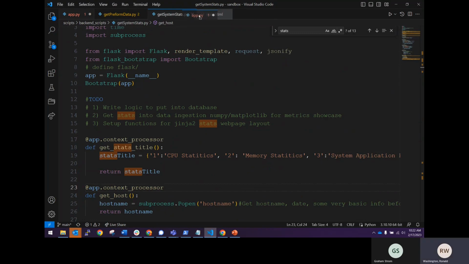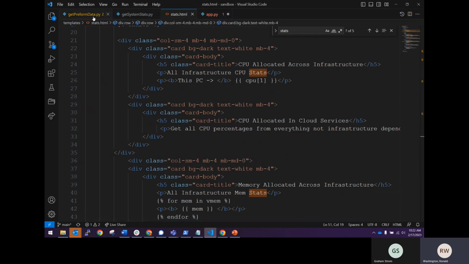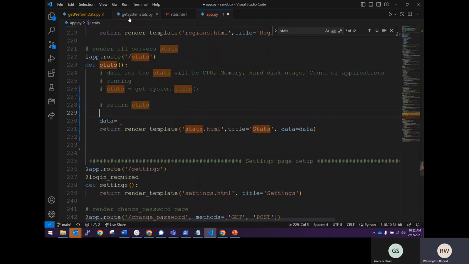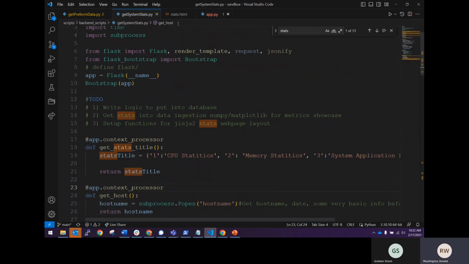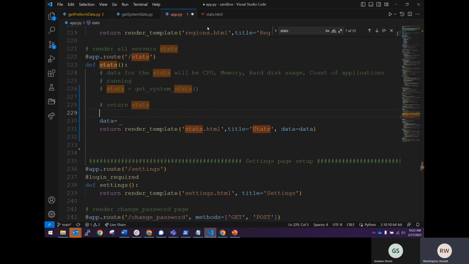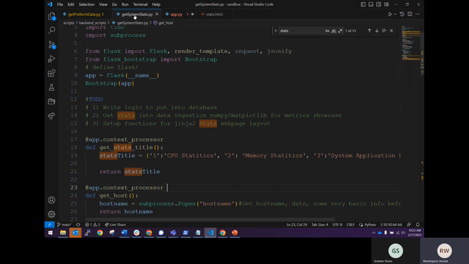I just want to put it. So I'm going back and forth between there and system stats. Yeah. So here's where I need to pull. And then on the side. So let me put app right there. Sorry, my brain's just trying to get orientated, if that's even a word. Anyway,